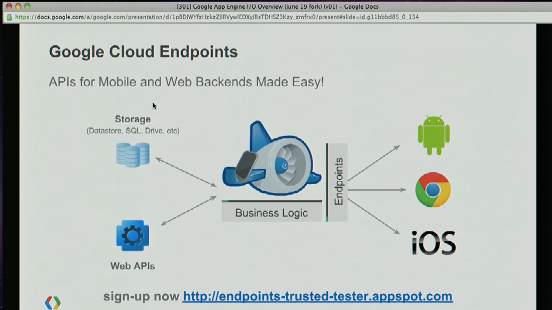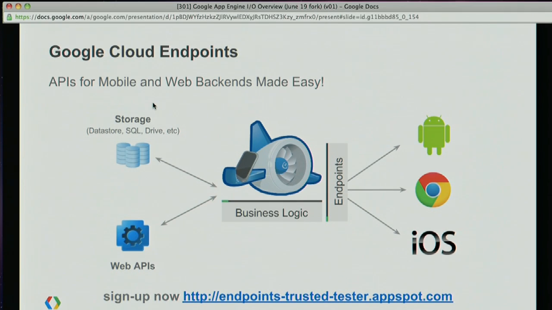And let me move on from that, because who knows what's going to be on that YouTube. Yeah, there we go. The next thing I wanted to talk about was cloud endpoints. This is the last thing I wanted to bring up, but it's frankly one of the things I'm most excited about. It's really in the spirit of App Engine.